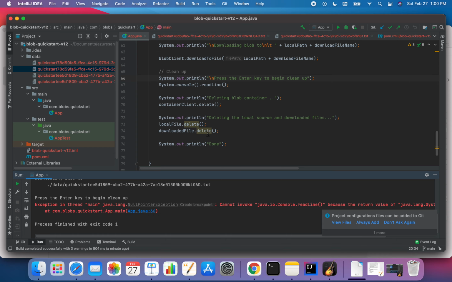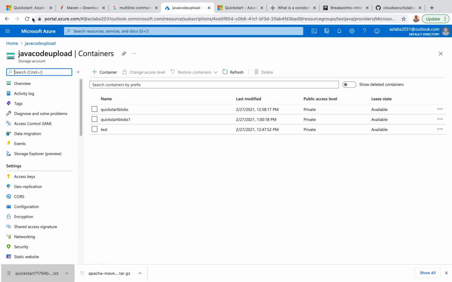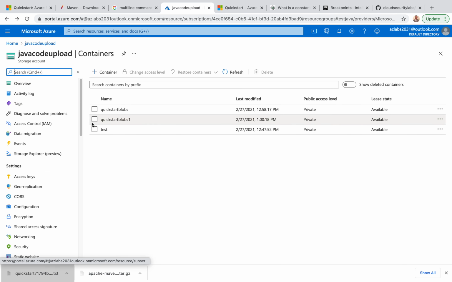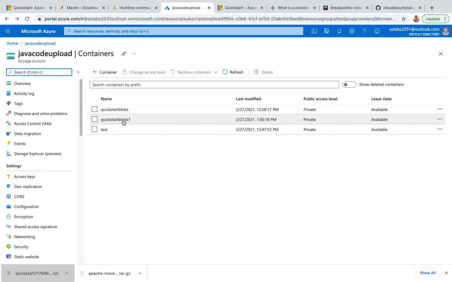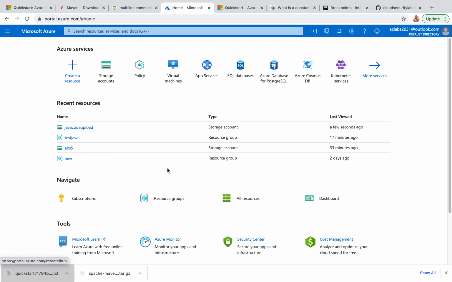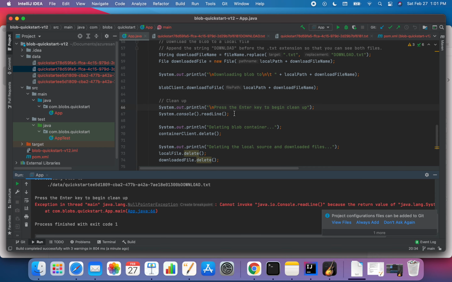Okay, so we may have to look at the cleanup method a little bit more. But what we have done so far: we have created the first blob. It worked fine. We created the file, downloaded the file, and created the next container. We uploaded the same file, or created another file, uploaded and downloaded, and came back over here. So the delete is the only one that we did not really do. Here they're saying System.out, press enter key to begin the cleanup, and